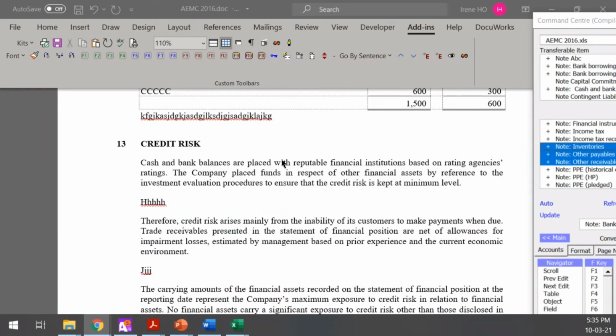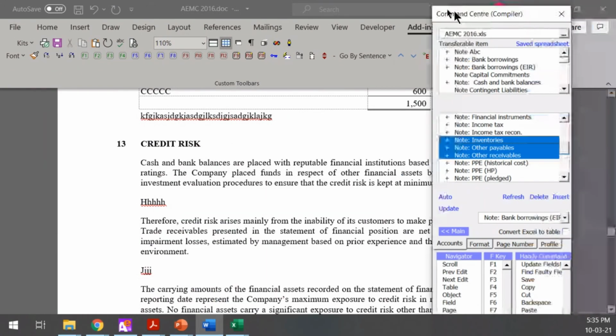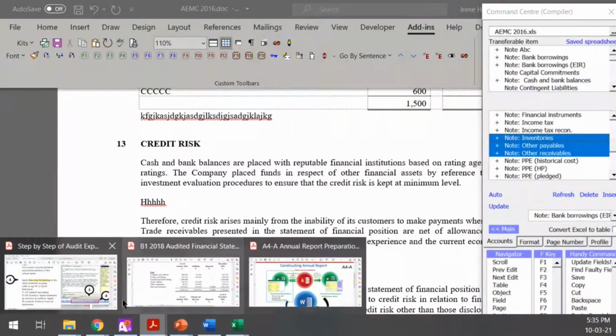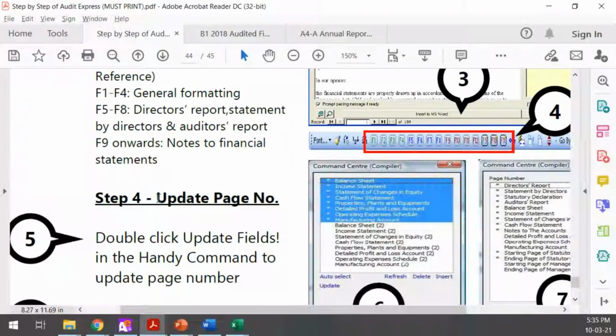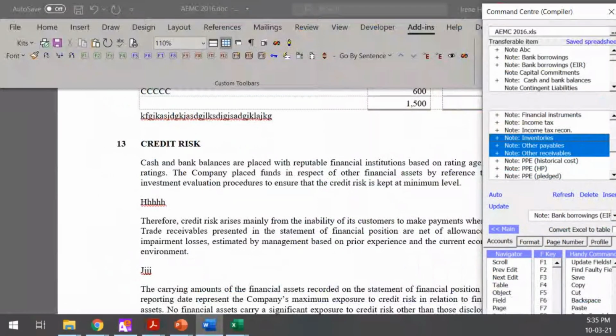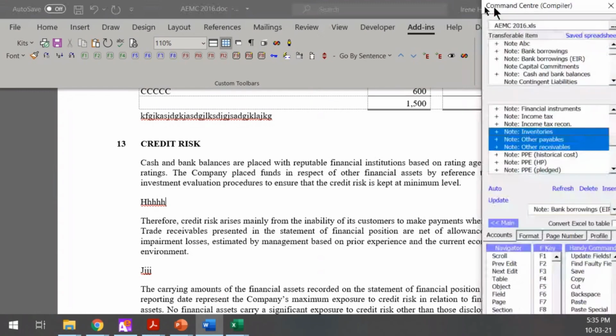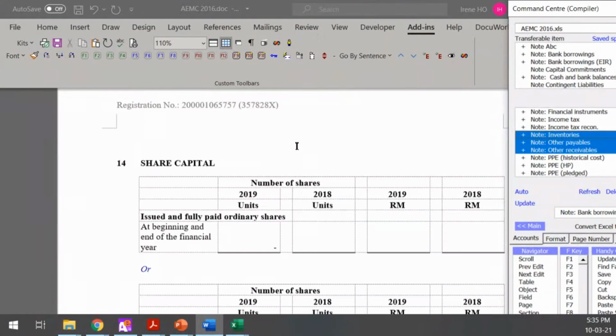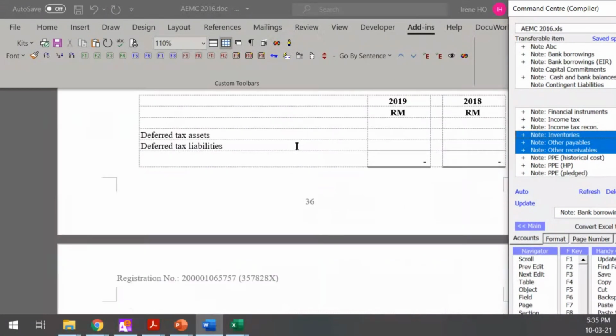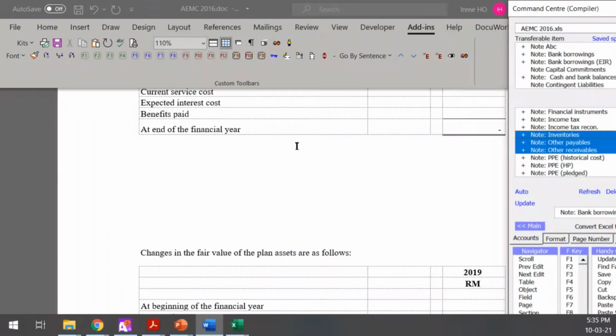Okay, so now the last part. The last part is the most simple one. The last part is the page update, the page number. Update the page number. Before I show you the update page number, first of all, if this is your first time, and it's not a subsequent year audit,